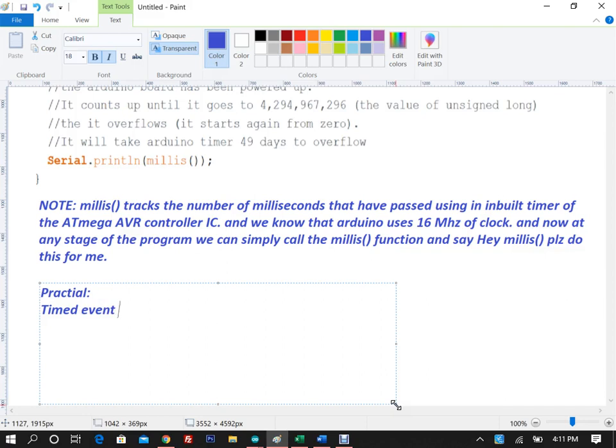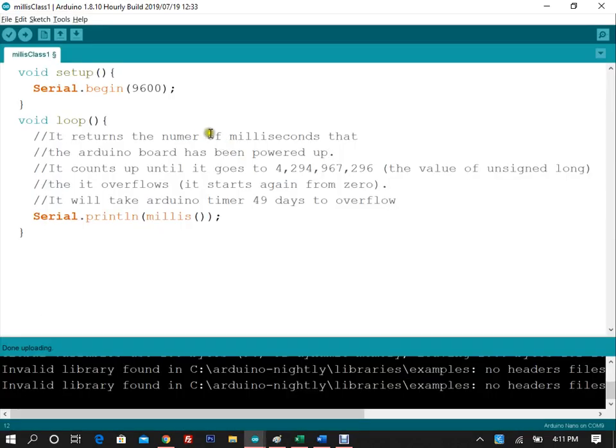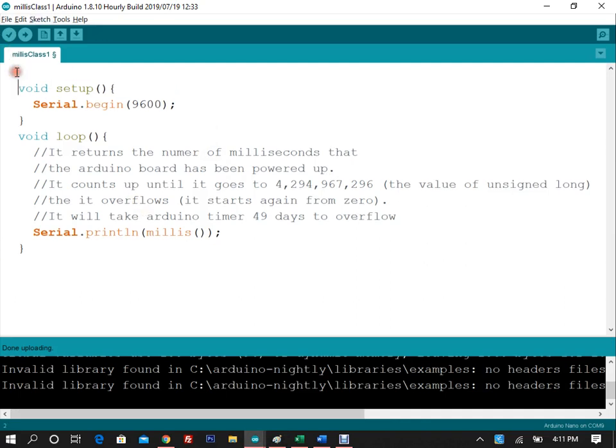Right, practical of timed event using the light dependent resistor and the LM35 temperature sensor today. But if you have understood the basics of it, let me carry on and show you how we do that. Okay, so let me start with a constant integer, or we can say constant